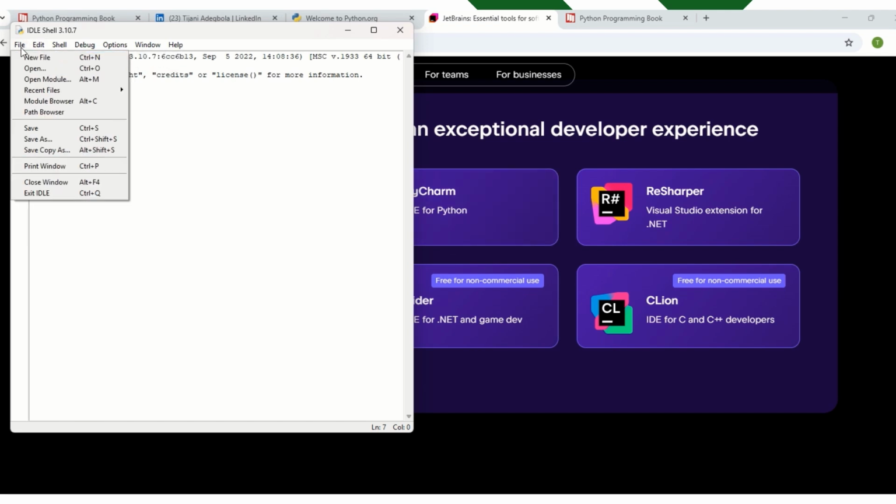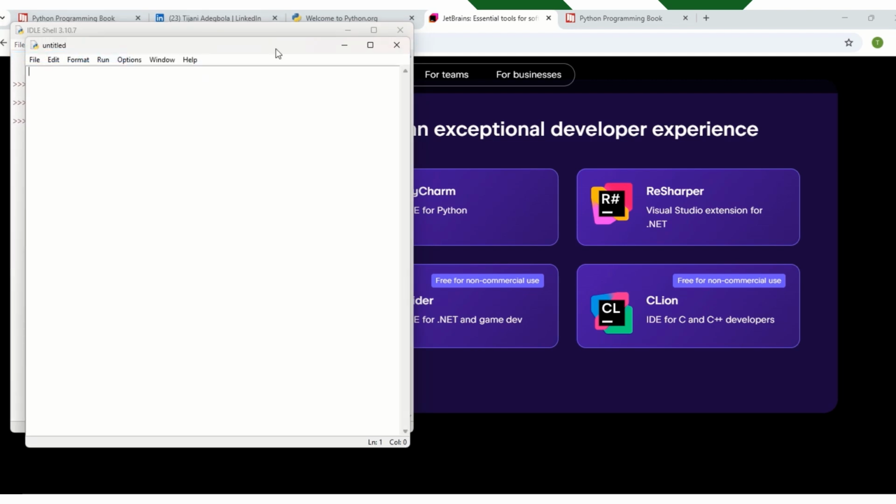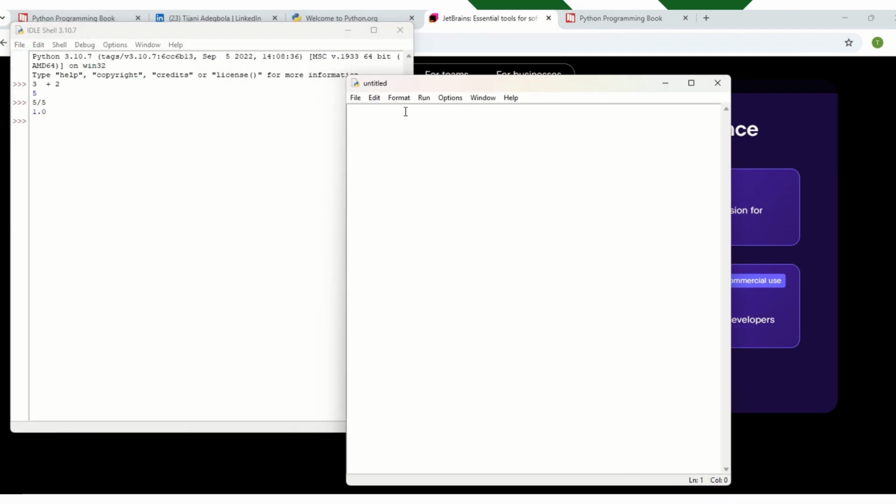Look at this. These are the options you have here. You see new file, open. If you actually want to write, so you want to use it like a code editor, all you need to do is go to a new file. When you go to a new file, what do you see? It gives you a blank page. Then you can start writing all your code. And when you are done writing, just click run and it will run.